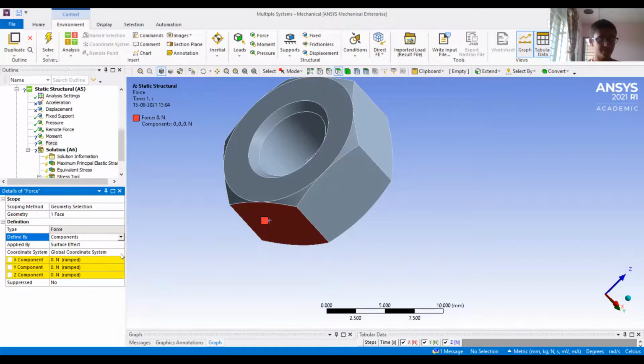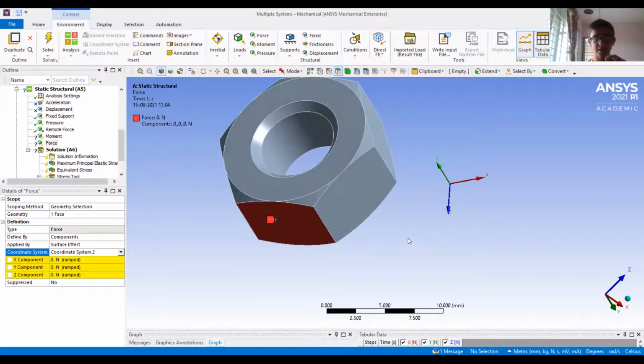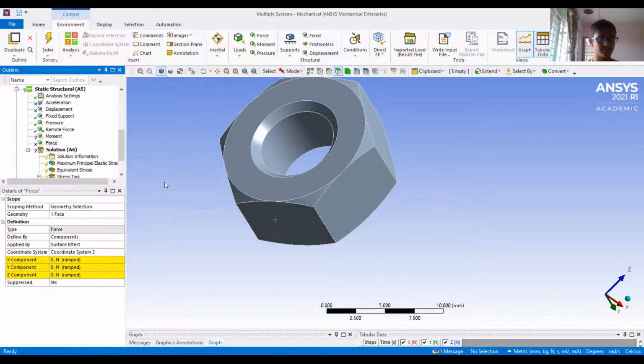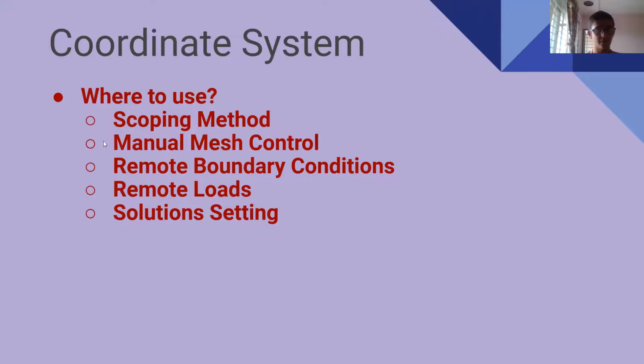If I select the components, the coordinate system option is available. So now over here I can use the new coordinate system which has been created. So if I have made the calculations of forces as per the new coordinate system, the required coordinate system in which the X is in the direction of here and Y here and the Z is in the direction of this, then as per this I can make the calculations of forces applied on this face, and now using that coordinate system over here I can specify the forces. So that's an advantage.